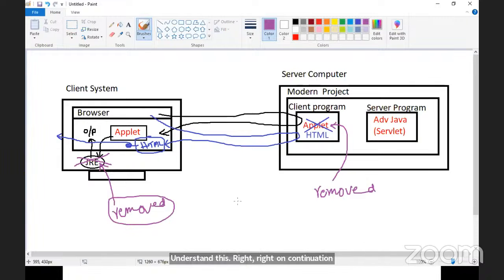Write down continuation notes. Where did you stop? Public JRE is meant for running client-side Java internet applications in the client computer. Full stop. Next point. In modern web applications,